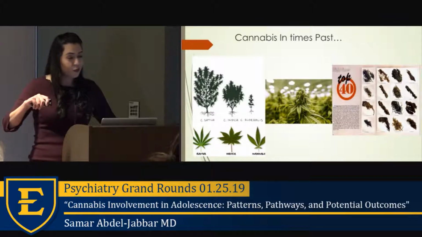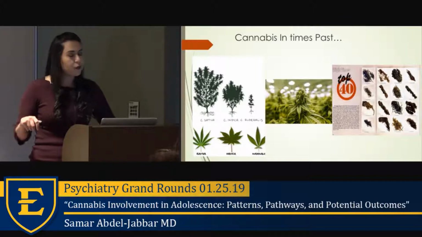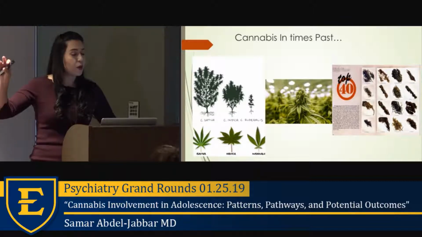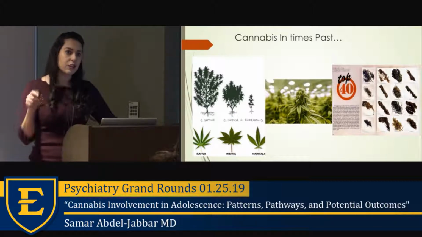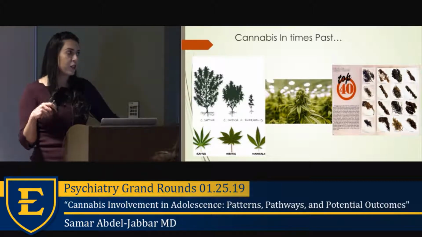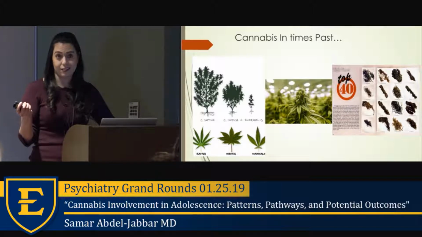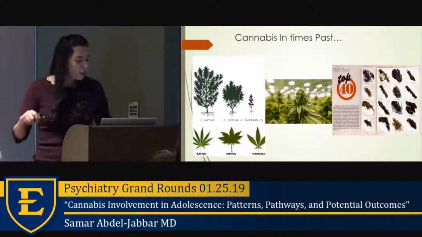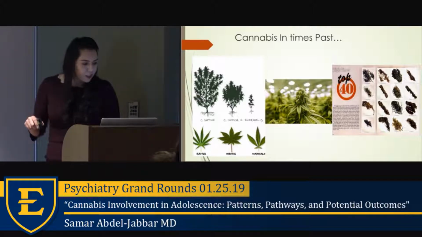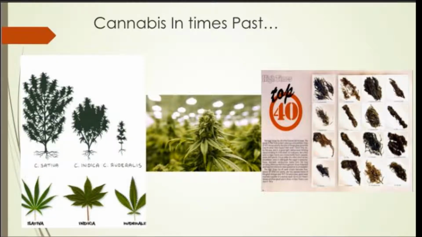Well, they were determined. So they decided to crossbreed this Cannabis sativa with indica and ruderalis. And what they found was they were able to make a smaller offspring that was small enough to hide indoors. And not only were they able to hide it indoors, but they were able to find a different kind of new high. And that kind of brings us to this magazine here. So this magazine is titled High Times. It issued the top strains in